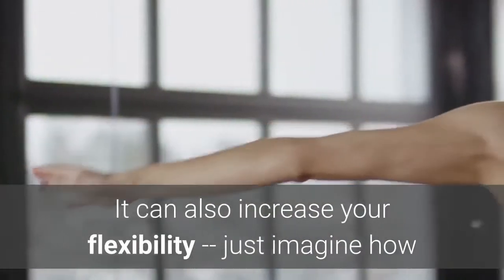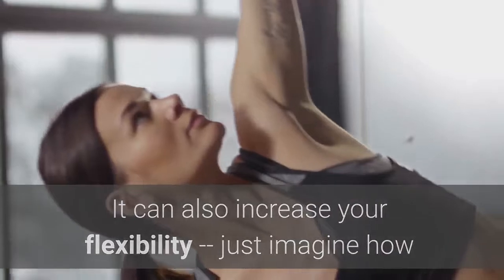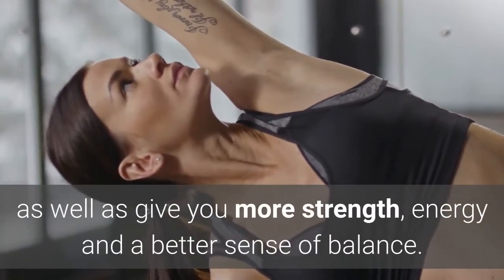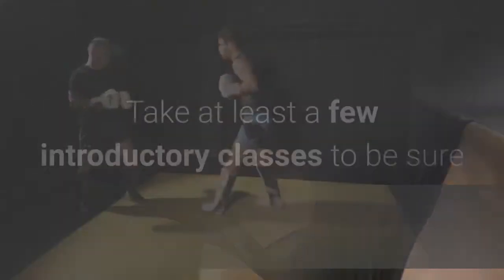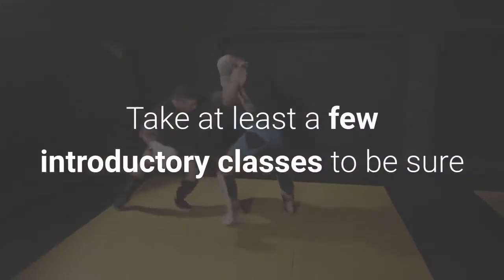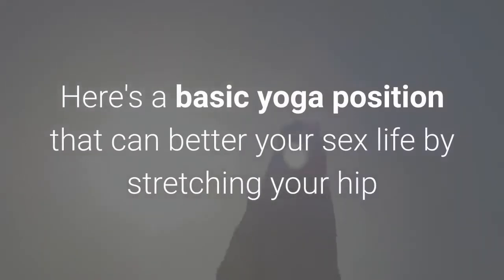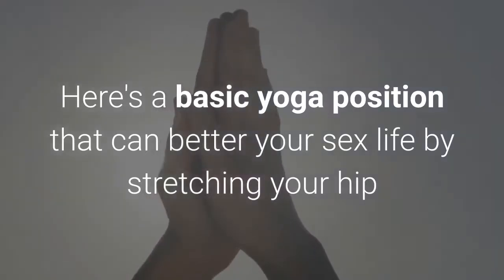It can also increase your flexibility. Just imagine how that can improve your sex life, as well as give you more strength, energy and a better sense of balance. Take at least a few introductory classes to be sure that you have good form before practicing on your own. Here's a basic yoga position that can better your sex life by stretching your hip and groin